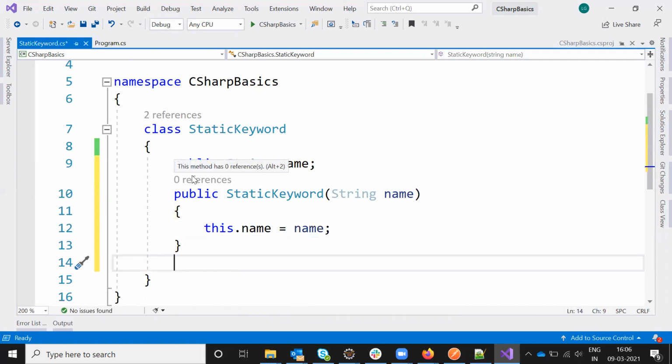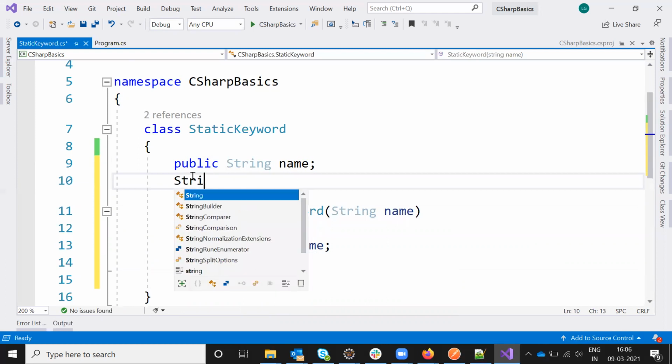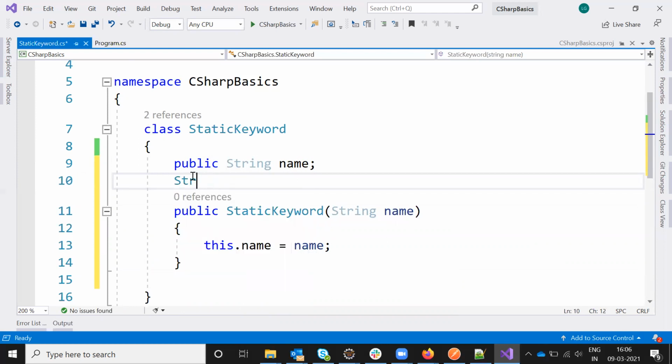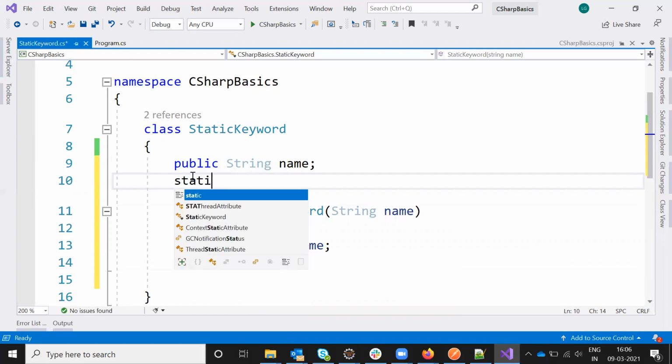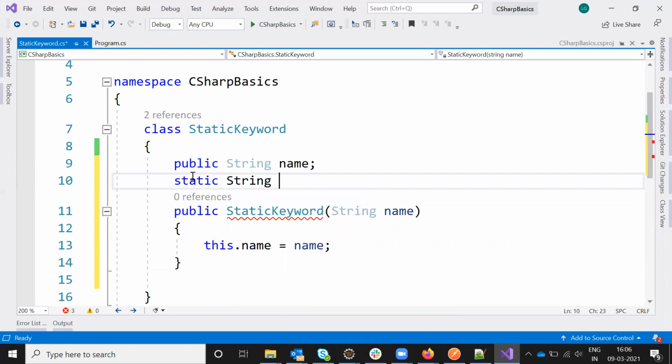And here I'm going to use one more variable, static string password.